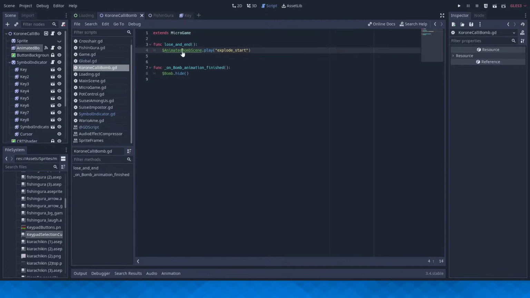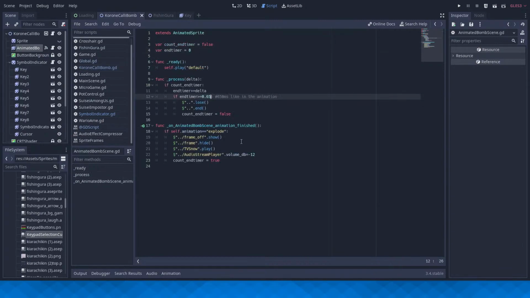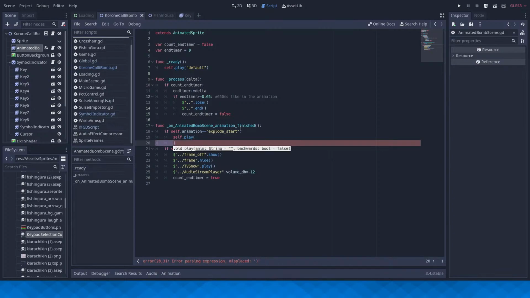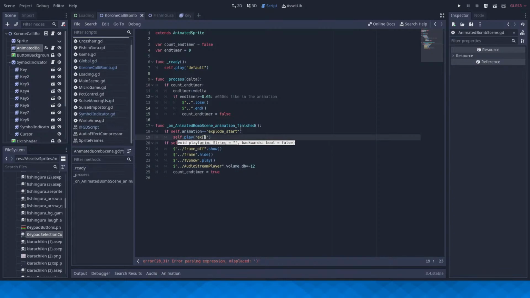And then, where's... I made a bomb scene, right? If explode start is finished, self dot play explode.